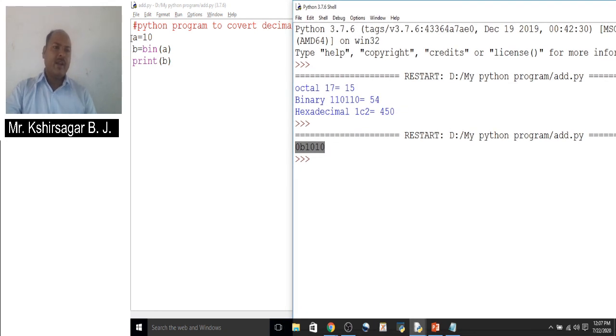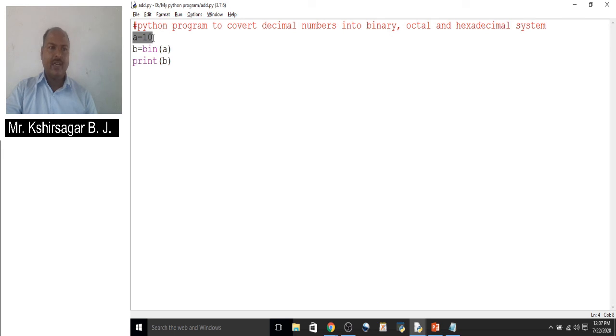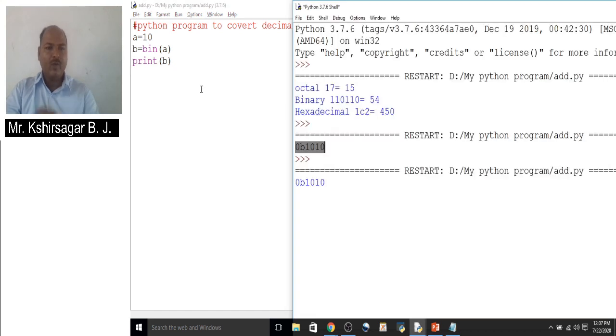The value we have taken as a decimal number is 10. Convert that into binary by using this method bin. Here we have passed the value a. The converted binary value of the decimal number is stored in variable b, and we have displayed the result here. We get the value 0b1010, because 1010 is a binary number, so it is prefixed by 0b.